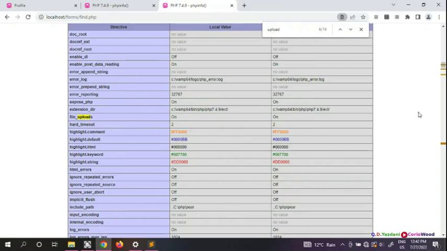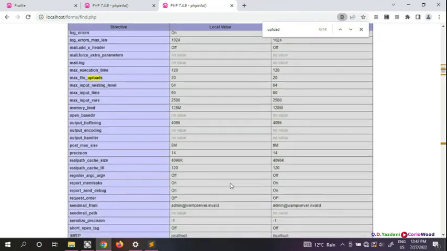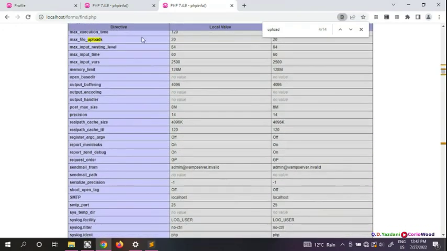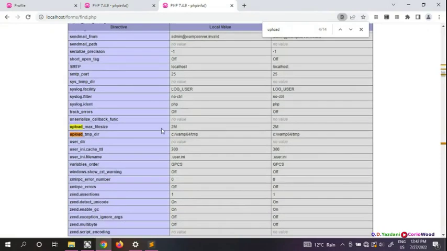Keep in mind the maximum file size is very important, and make sure you go into your PHP INI and turn that one on if it's not loading. If you have any of these set wrong, say you have put 1 megabyte or 256 kilobytes, then if your file is more than that, your file is not going to upload. And make sure you know your temporary directory, where the file requires it. Whenever you upload a photo, it goes to the temporary directory,